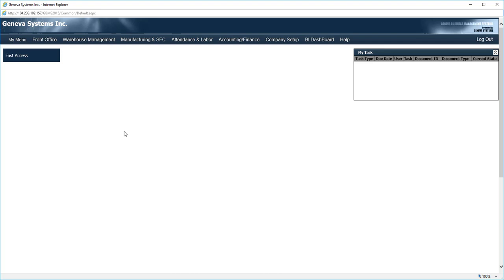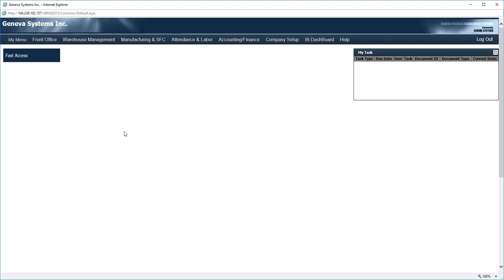GBMS has an optional inspection process that can be set up to be as formal or as informal as you like. This optional inspection process can be triggered by setting up an item to always be inspected, or by setting up a vendor to always inspect all items received from that vendor, or we can require an inspection on demand for any item we receive during the receiving process if the person receiving the items feels an item should be